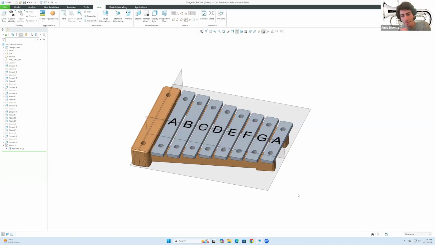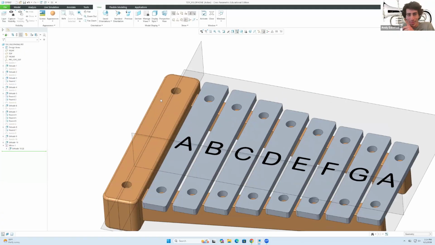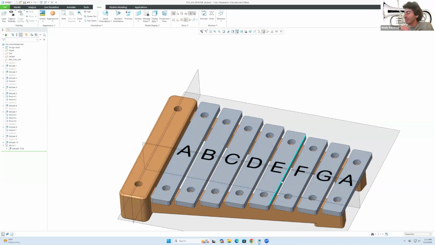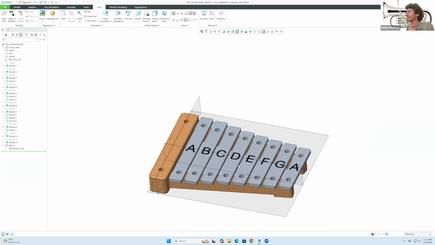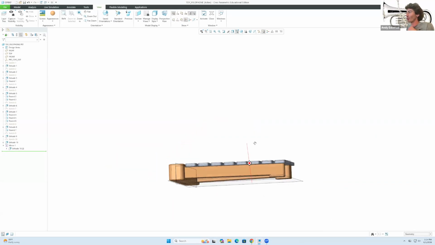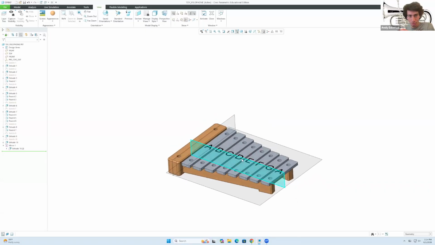Alrighty, so I ended up changing some things because I realized that one little flaw is that whenever you made this as a single feature, which is what we had done, I cannot color these individually. I was looking this up, and it's just not possible to change each one of these faces to have a different color. So I'm sorry for that, but at least this doesn't look too bad. It's not quite the toy xylophone that we were aiming for in terms of each individual color, but we're not quite done. Let's do the very last step in here, which is